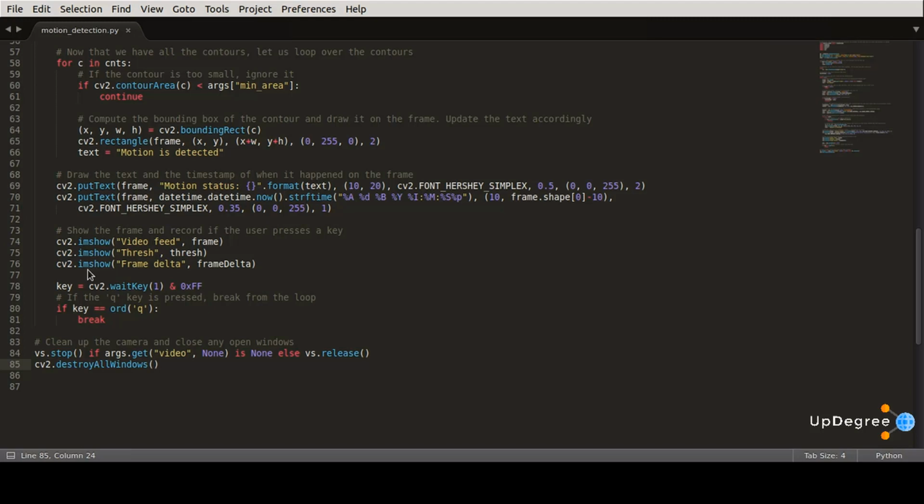So now that we have done everything, the second part displays the results of the work and allows us to visualize if any motion was detected in our video along with the frame delta and the thresholded image, so that we can debug our script. And in the final two lines, we are cleaning up and releasing the video stream pointer.